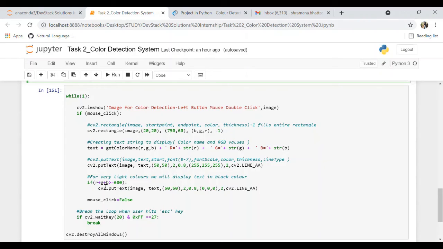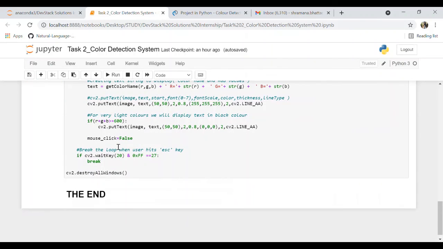For very light colors we will display the text in black, 0, 0, 0, all zeros. Now if the mouse click is false or if we press escape, then the program will end.